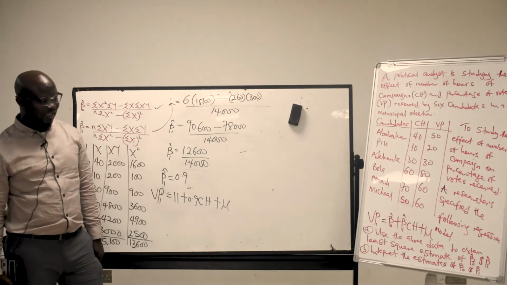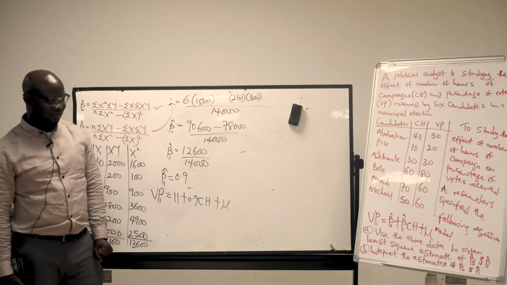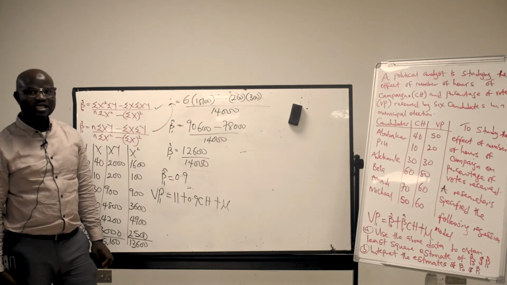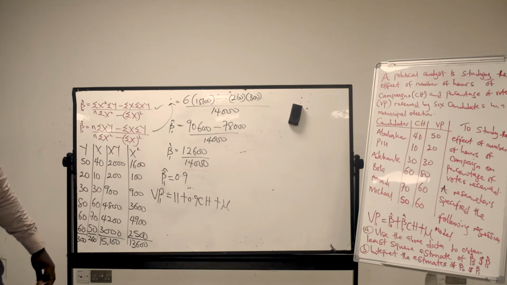Is 0.9. Now, the second one, interpret the estimate. So how do we interpret our result? Class, how do we interpret our result? Now, to interpret the result,